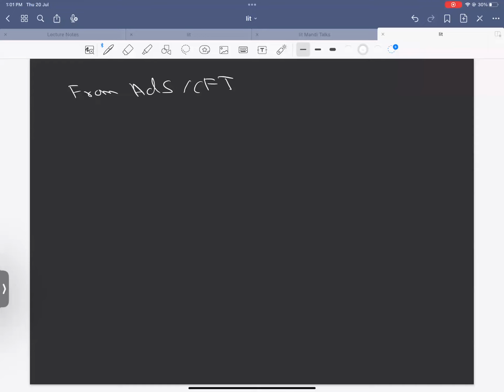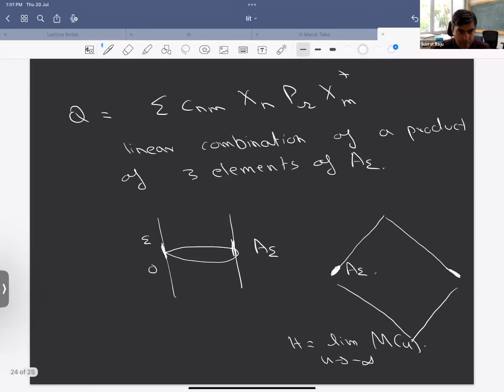Can you emphasize a little more as to why this difference crops up with theories with gravity, as opposed to local quantum field theories? Because in a local quantum field theory, the projector onto the vacuum is not an element of this asymptotic algebra, right? If you just take a local quantum field theory and look at the boundary limits of these bulk operators, there is no element of that algebra that can let you measure the energy. So it's because of the Gauss law, right? That's the physical way of saying this.